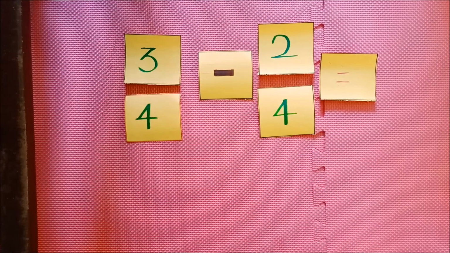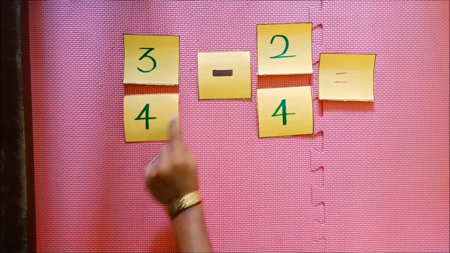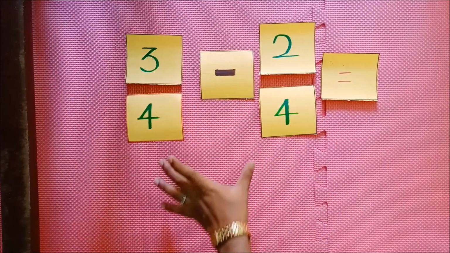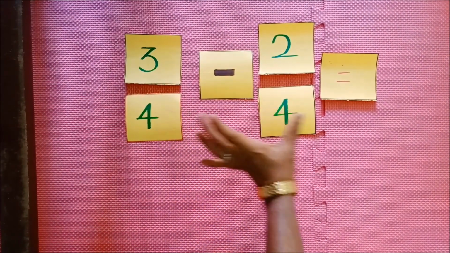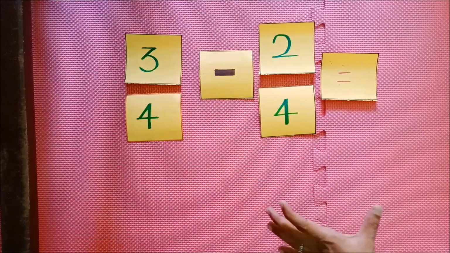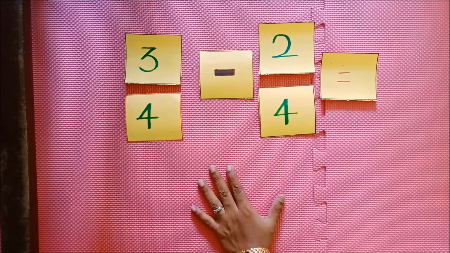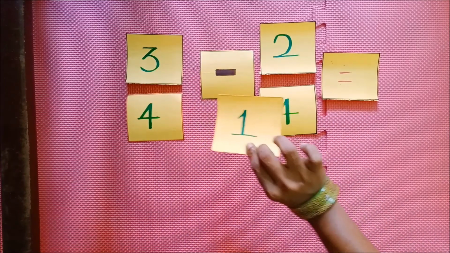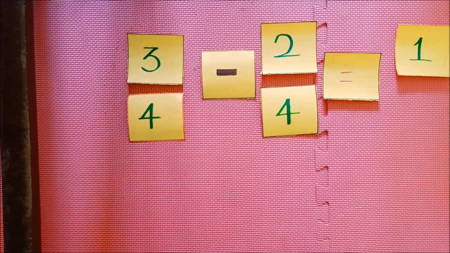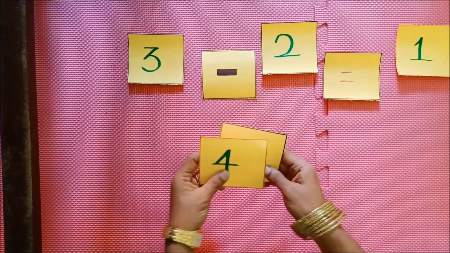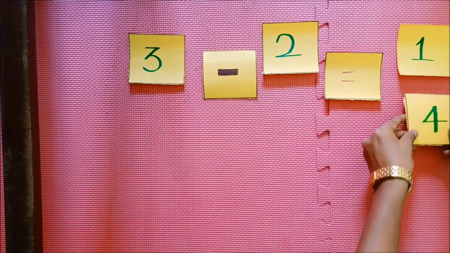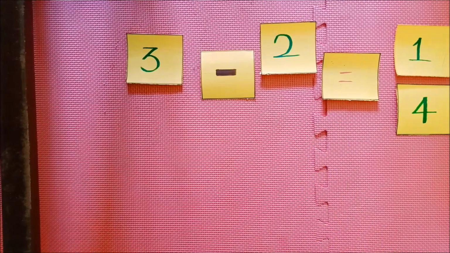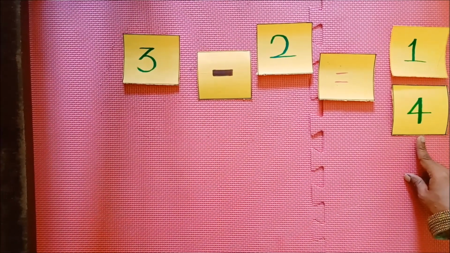Now we will do another activity. The question is 3 by 4 minus 2 by 4, the same question, and we can do it another way. Both the denominators are the same, so you can subtract or add the numerators. Here the operation is subtraction only. So 3 minus 2 is what? 3 minus 2 is 1. So you keep that 1 as it is. Since both the denominators are the same, we keep that 4 as it is. So 3 by 4 minus 2 by 4, we get the value 1 by 4.